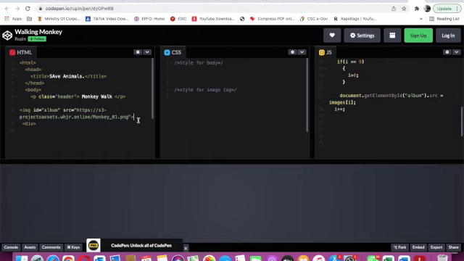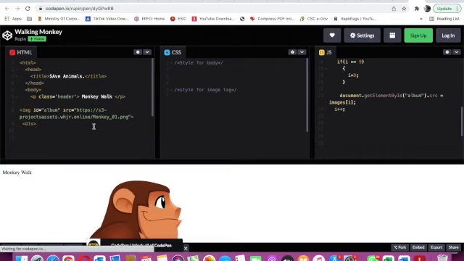Now see, here image ID is given. From here we will give an enter. Okay. Now here I will type button, type is equal to button. Here we are giving button.